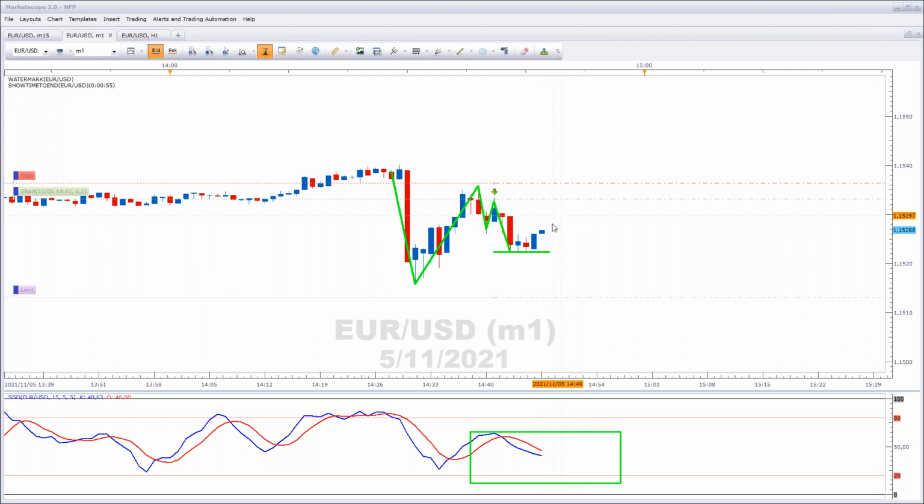If we get another lower peak, lower top, we're going to move the stop loss down again. Okay, 10 seconds, we'll get the next candle.